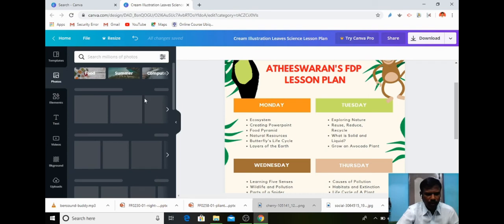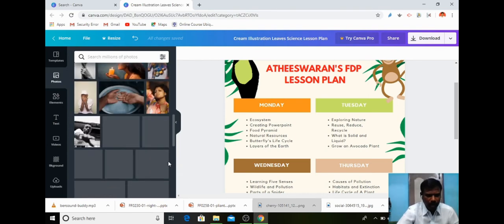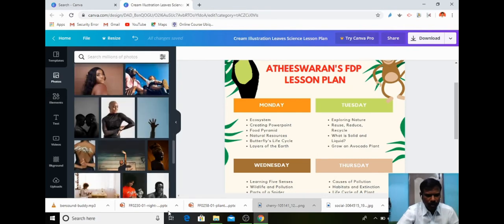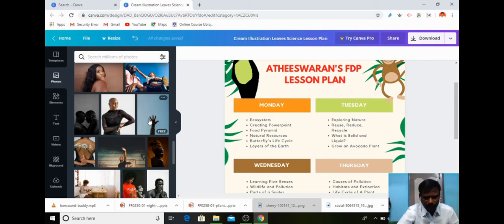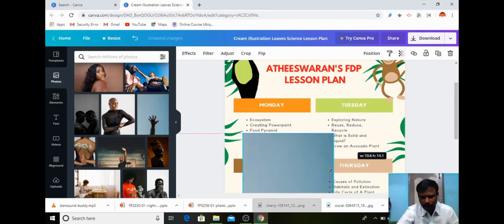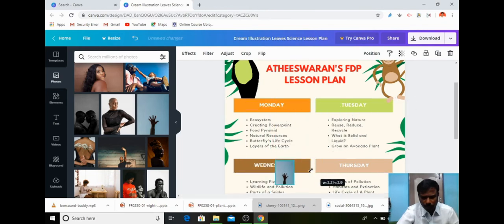If you want to add photos, you can search from the net and you can insert any photo. For example, I can select this picture, and I can add it here, and do the resizing work. So I am adding a photo here or somewhere here.